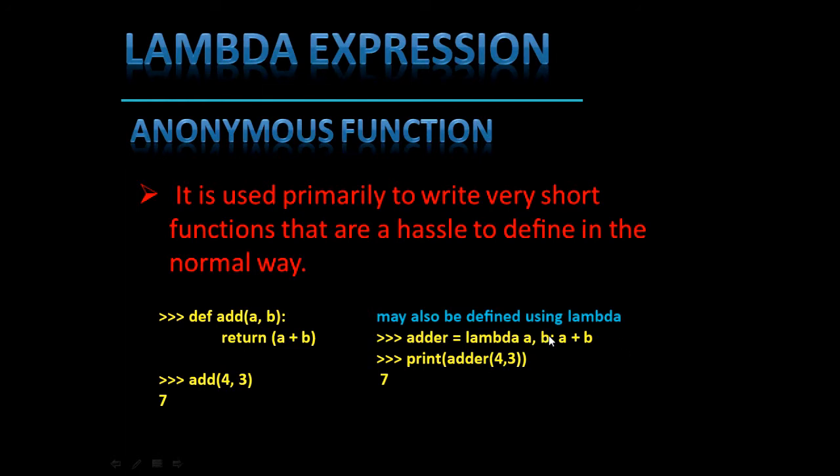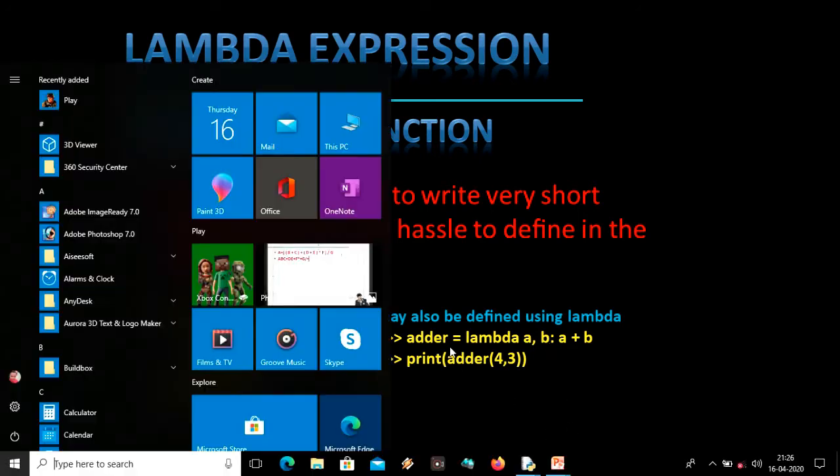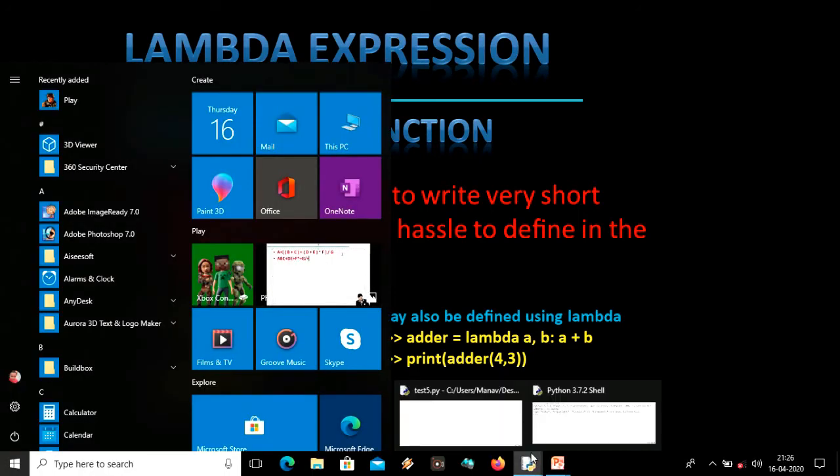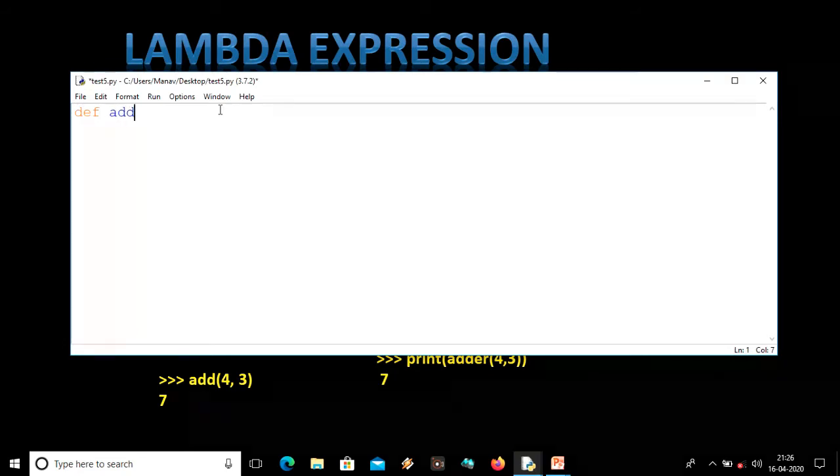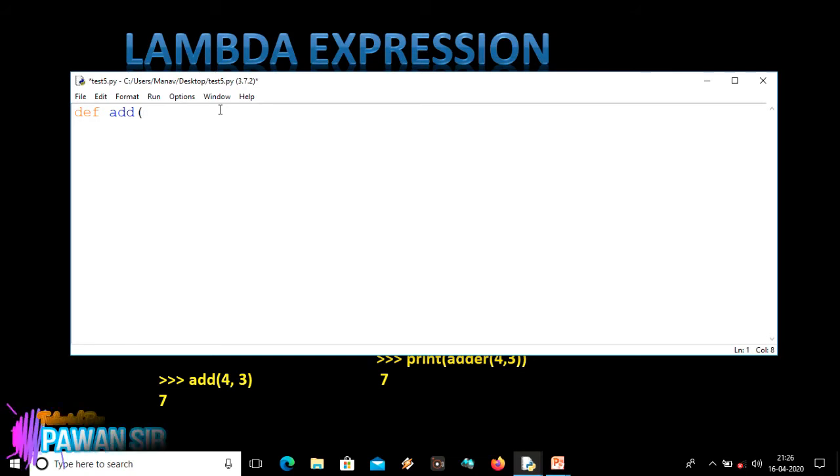Let me show you the programming code of this same thing. Okay, let me go to my coding part, and now let us suppose we have defined a function here and let me name it add. It will get two arguments, let us suppose a and b, and it will just return a plus b.